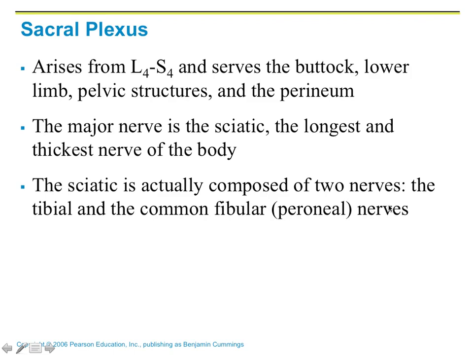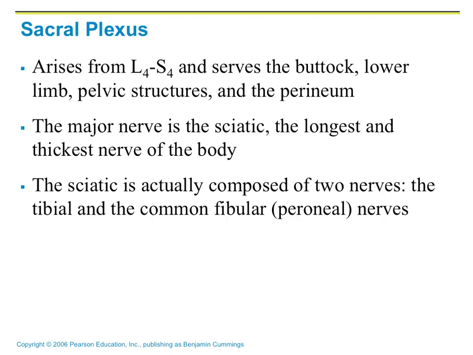Now let's talk about the sacral plexus. Sacral plexus arises from the L4 to S4. Okay. So this plexus sends nerves to innervate the butt, okay, and the lower limb, pelvic structures, and perineum,